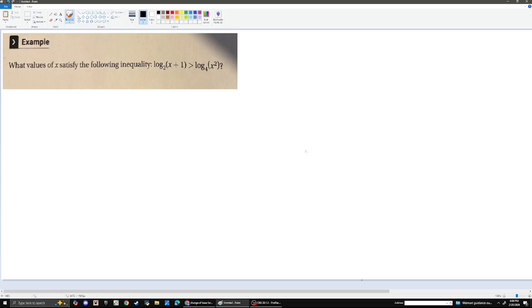But this is a cool problem because it's going to require a couple different formulas. So what we have is log base 2 of x plus 1 is greater than log base 4 of x squared. Okay. So notice that we have a log base 2 and a log base 4. What I want to do is change this log base 2 into a log base 4, right? So how we're going to do that is,